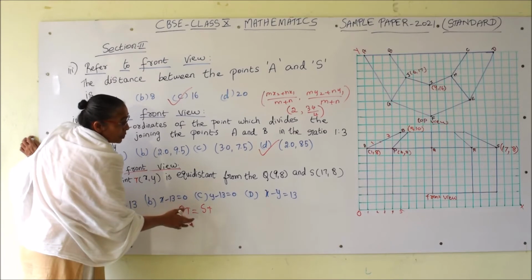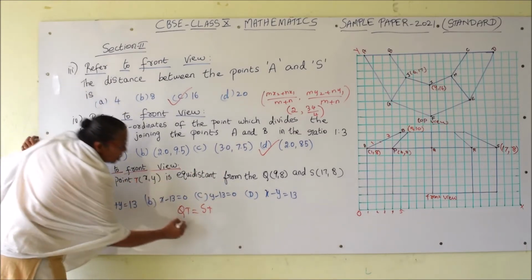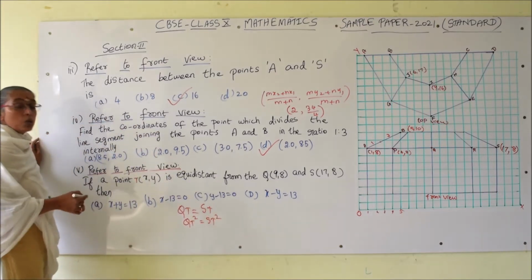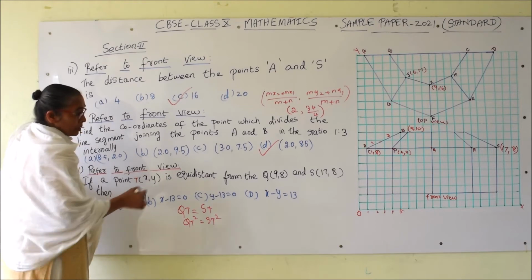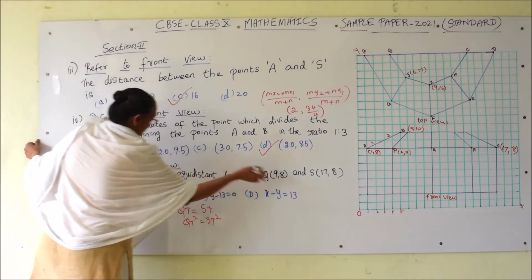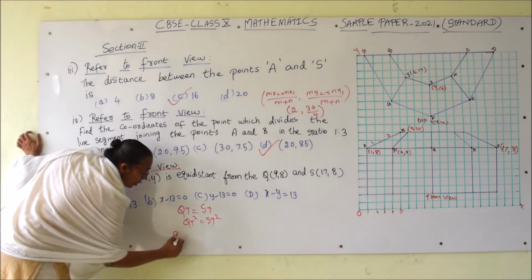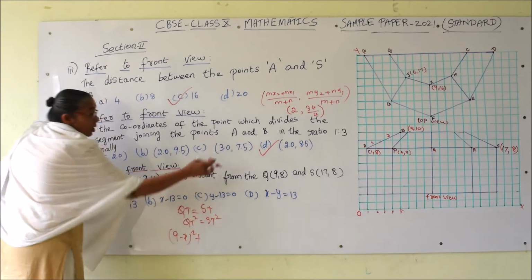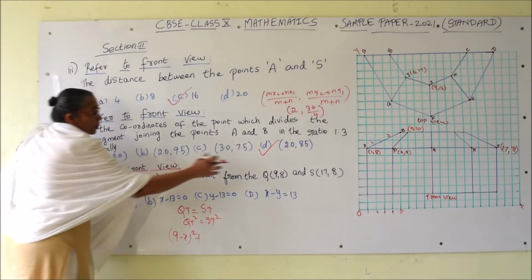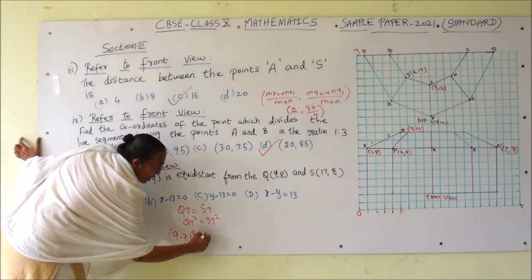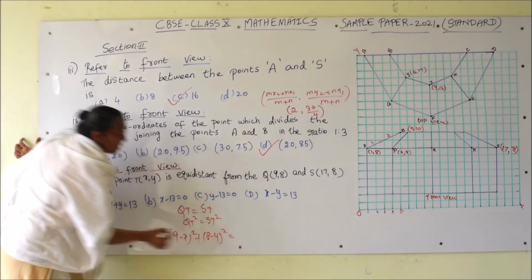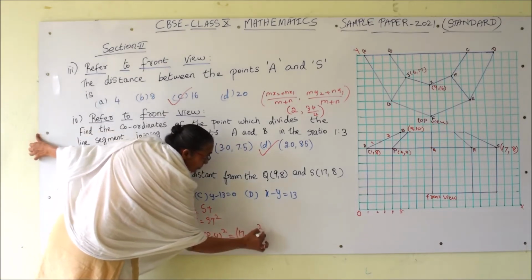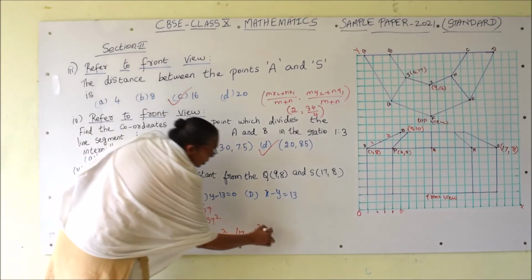Now I can square it also, QT distance is equal to ST distance, or I can say QT square is equal to ST square, so that in the distance formula we can remove the square root. So the formula: x2 minus x1 whole square plus y2 minus y1 whole square. Now, 9 minus x whole square. I am not keeping the square root because I am using QT square, plus x2 minus x1 whole square plus y2 minus y1 whole square, 8 minus y whole square, which is equal to now ST square, 17 minus x whole square plus 8 minus y whole square.